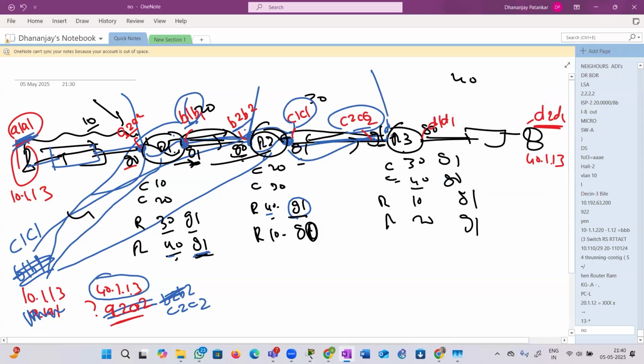So now where is it? Here? Now it will look at the destination. What is it? 40.1.1.3. Do I know 40? Yes. From which port? Gigabit 0. Again, it will receive the packet here. Internally, it will shift the packet from gigabit 1's interface buffer to gigabit 0. But before sending out, it will check its